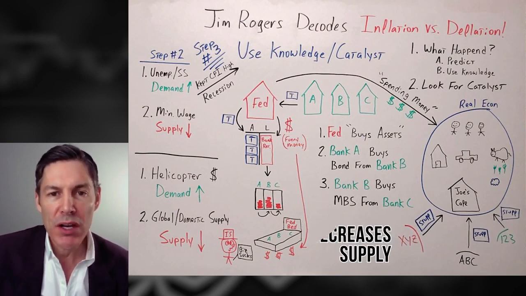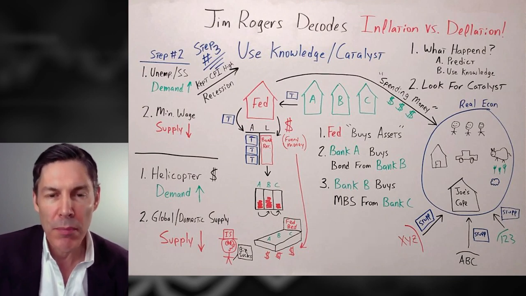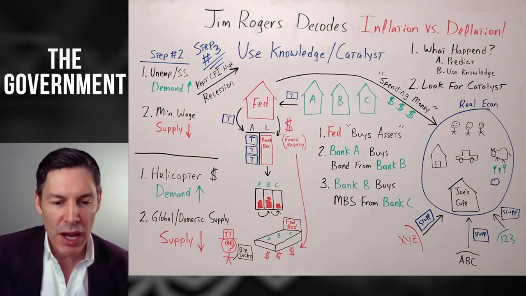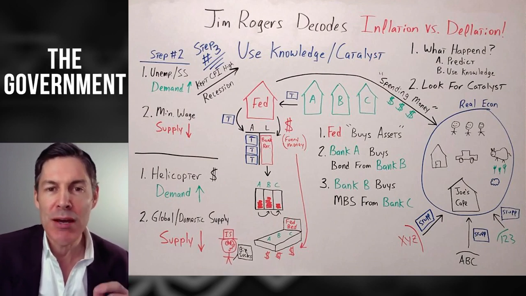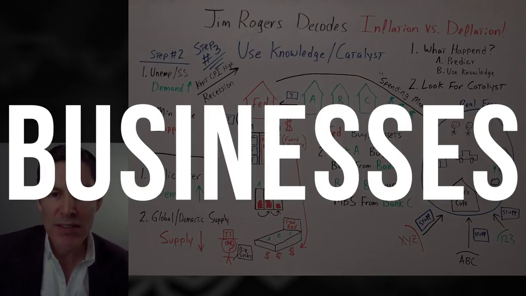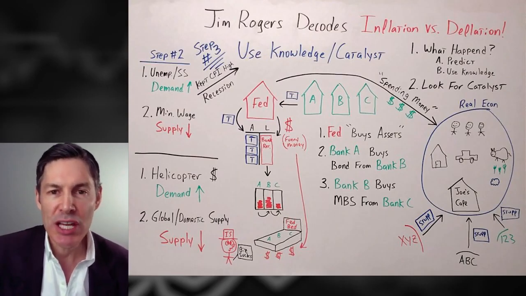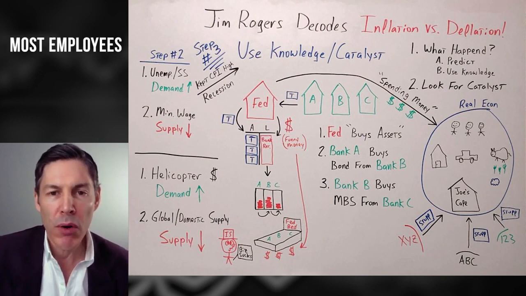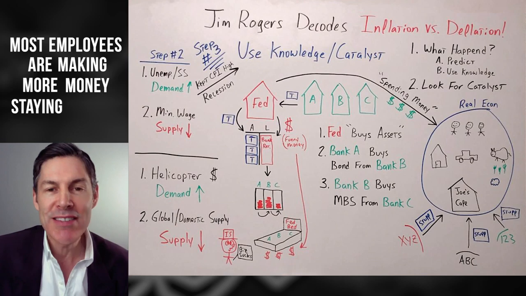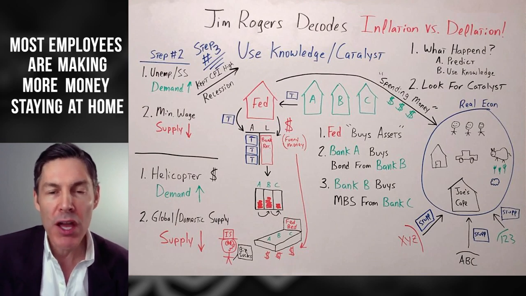But if you watched my videos last week, you'll also remember that the government, right now, your drunk, insolvent Uncle Sam, is actually competing with businesses for their employees by substantially increasing unemployment benefits to the point where most employees are making more money staying at home